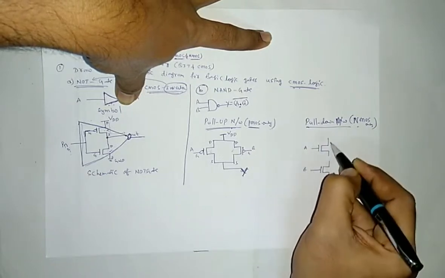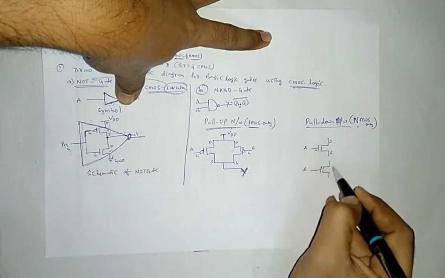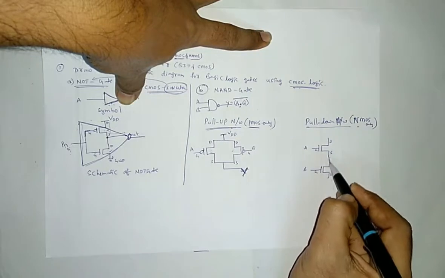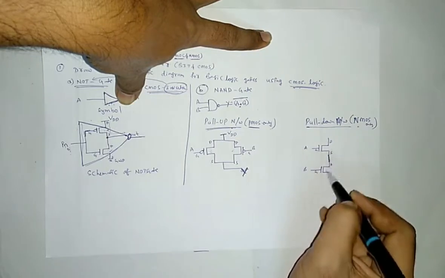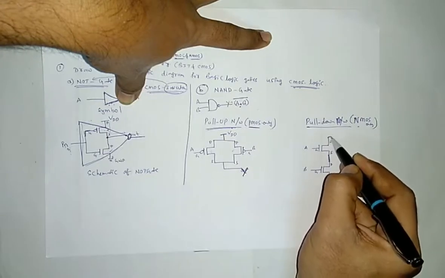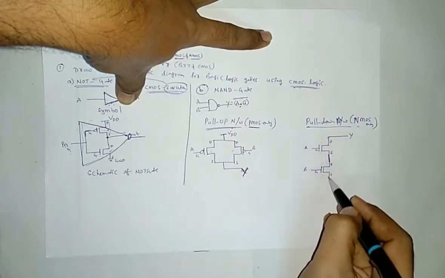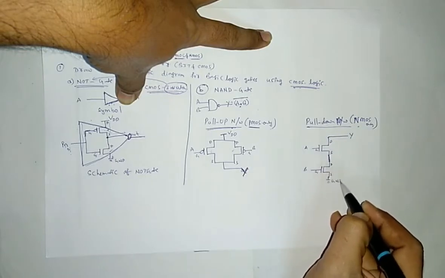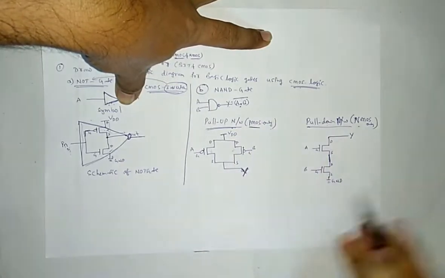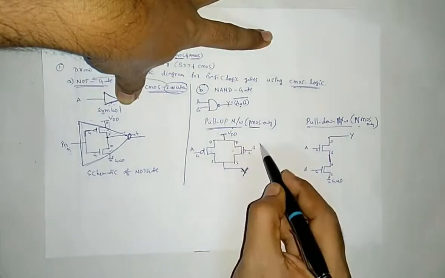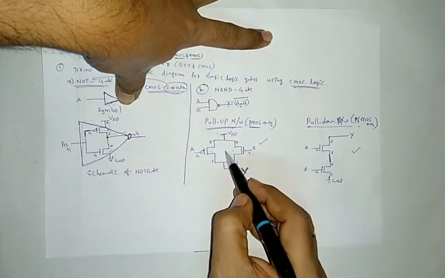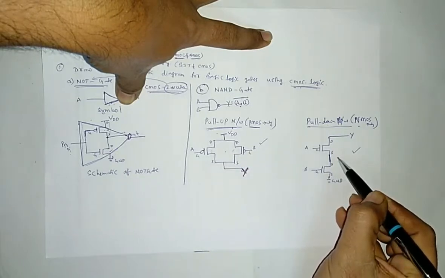So it is A, it is B, that is the drain terminal, source, gate, drain terminal, source and gate. Okay, these two are interconnected, so these two transistors are now in series. And the pull-down network is always connected between what? Output to the ground. Okay, output here is Y, output to the ground. Now the pull-up network is constructed and the pull-down network is also constructed. Pull-up using PMOS transistors, pull-down using NMOS transistors.